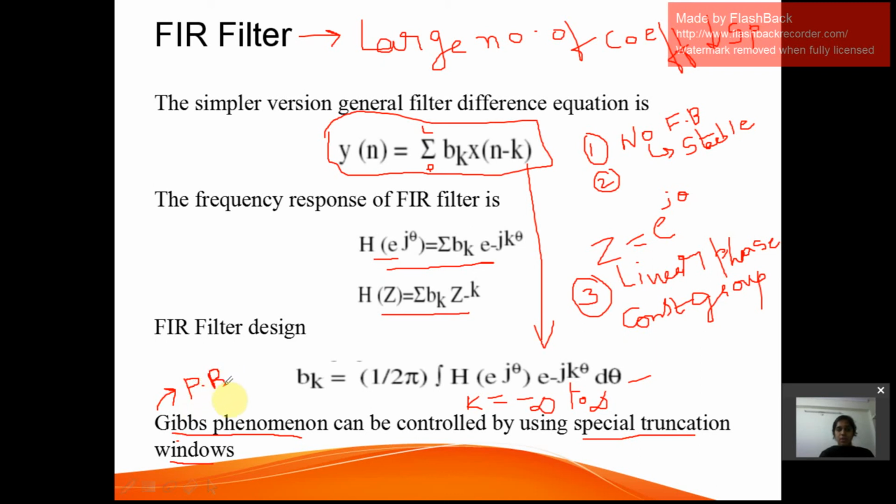You might be knowing it. What is the passband? The band at which the signals will be allowed, and there is a stop band, transition width, passband limit. These are the filter specifications. We call them passband, stop band. So in the passband of the filter there will be ripples because of this Gibbs phenomenon. These are the major advantages, disadvantages, and design-oriented points for the FIR filter.